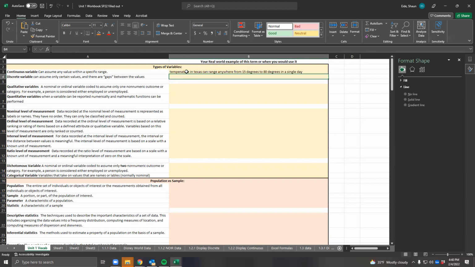Okay, a discrete variable can assume only certain values. There are gaps between the values. So for discrete, you put an example of discrete. Discrete is essentially saying they are separate. So let's see, what do I have that's separate? I have this super cool Nerf gun, and I have one bullet, 2. So the number of Nerf darts that I have for a Nerf gun, because 1, 2, and they are